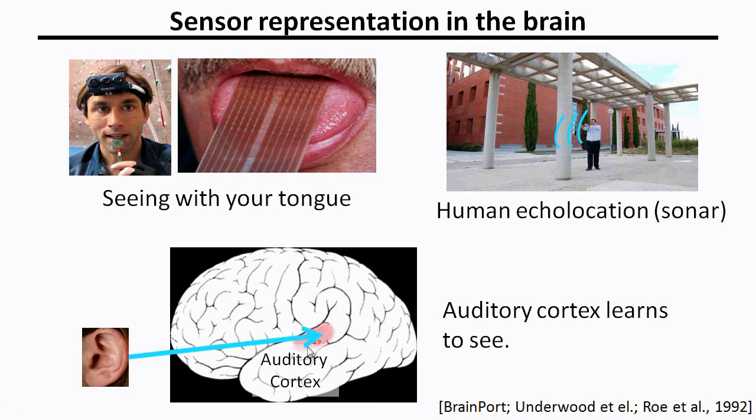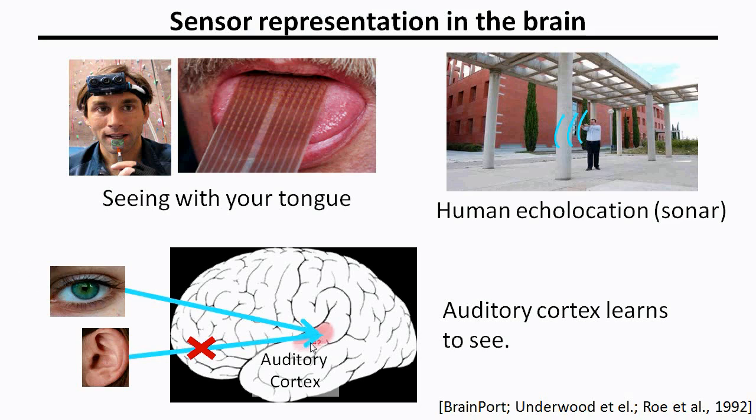So it turns out what you can do is do surgery on an animal. I think this was first done in ferrets, repeated on several other animals now, where normally in the brain you have the ears feeding the auditory signal to the auditory cortex, and then the auditory cortex processes it, and that's how you hear. So it turns out you can do surgery to cut off this connection from the ear to the auditory cortex, speaking a little bit loosely, and rewire the brain so that your visual signal from your eyes now goes to